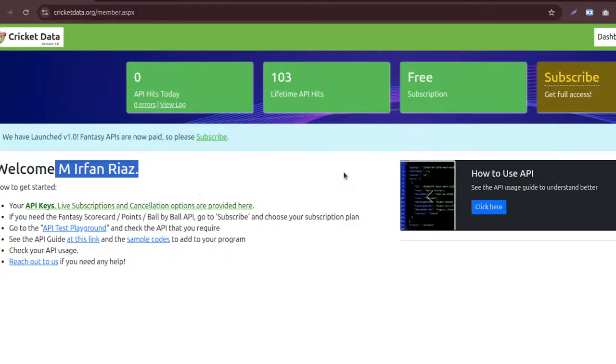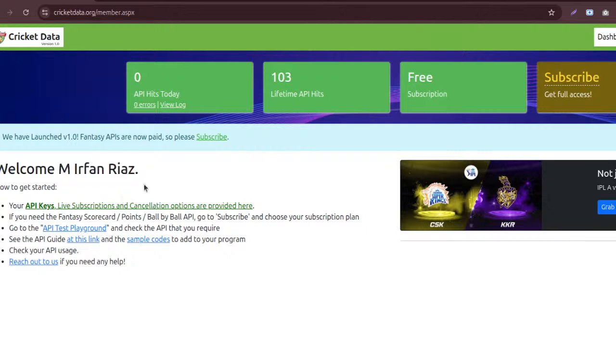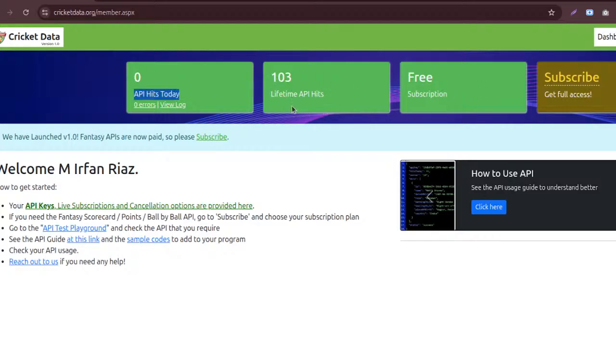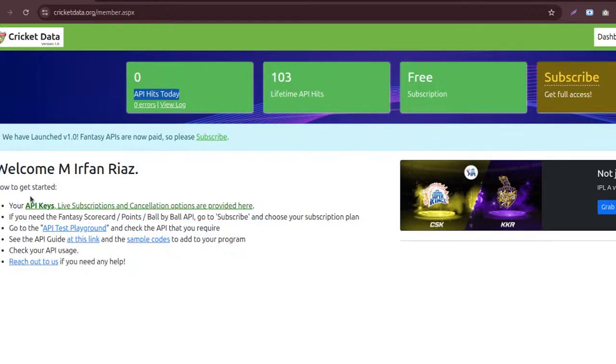Maybe I have already used it before. But forget it. I think it's clickable, but not. Yeah, these are API keys. It's pretty much good. Let's see.